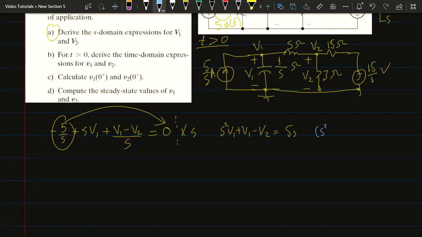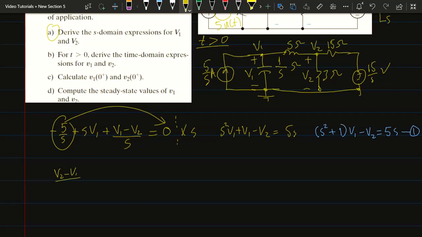So I have s square plus v1 plus 1 multiplied by v1 minus v2 is equal to 5s. And this is my equation number 1. Now for the second equation, very similarly, I will have